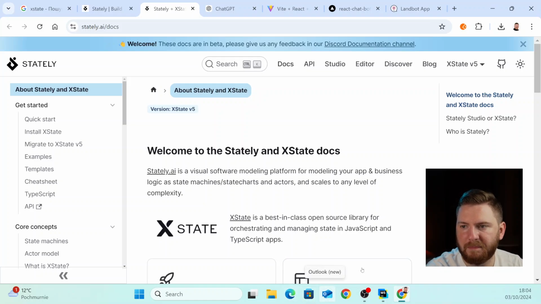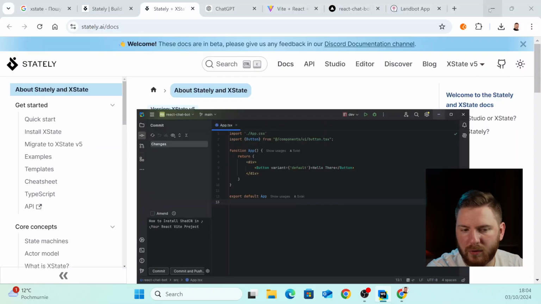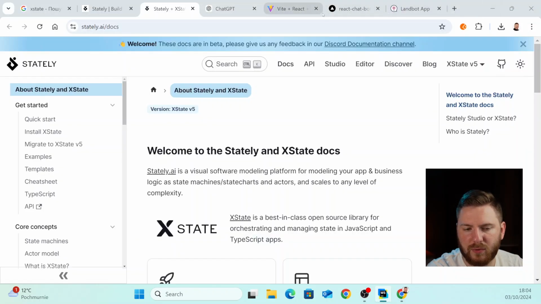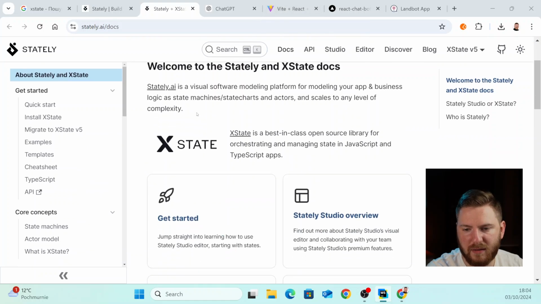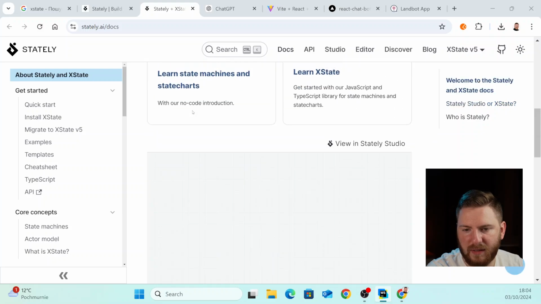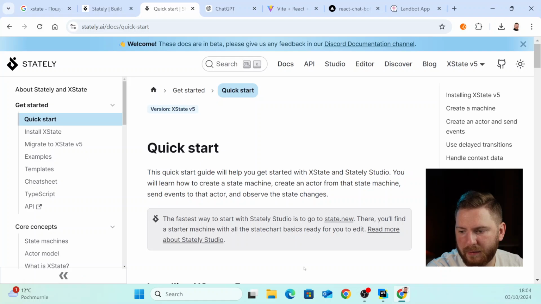So let's get started. We already have our project initialized, but we want to try using it on a new project, so it's just a pure use of XState, trying and seeing the way it works. So let's